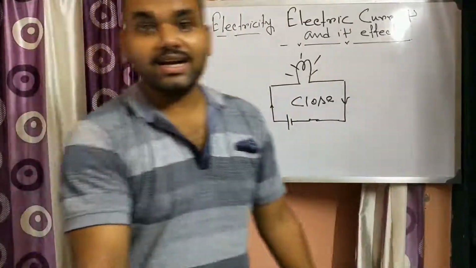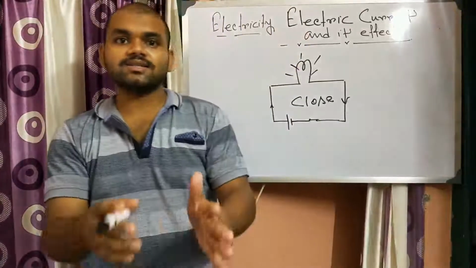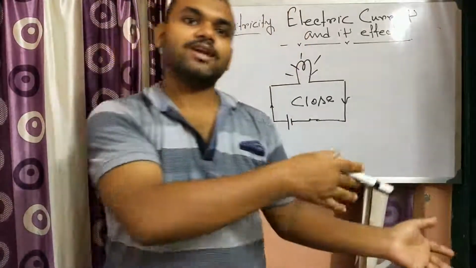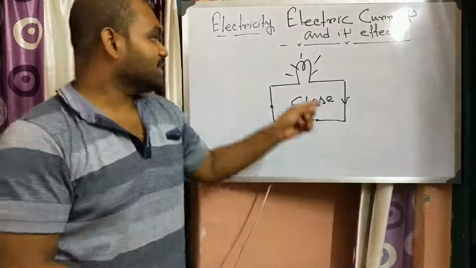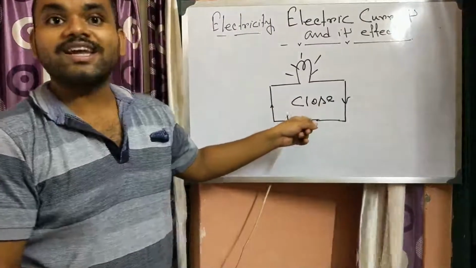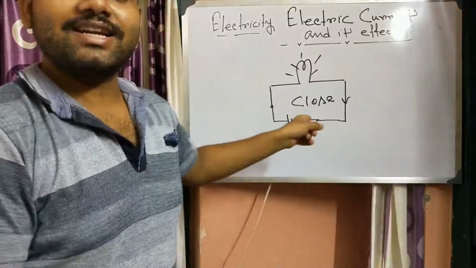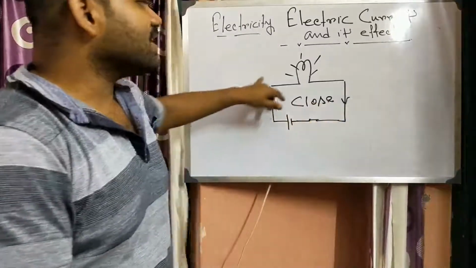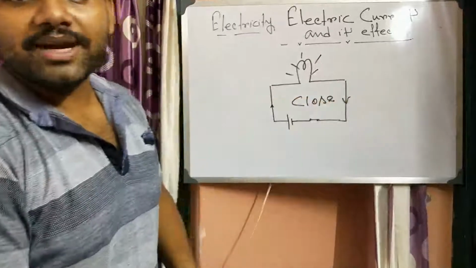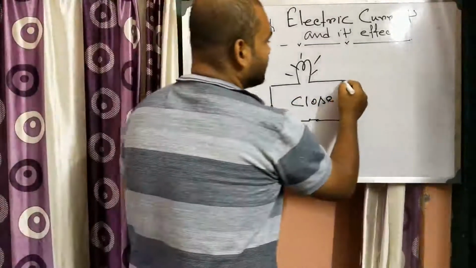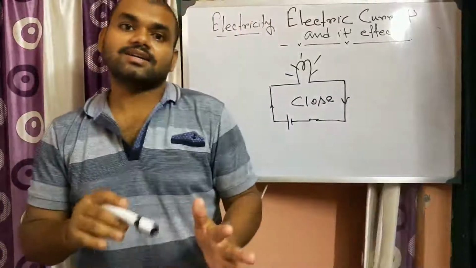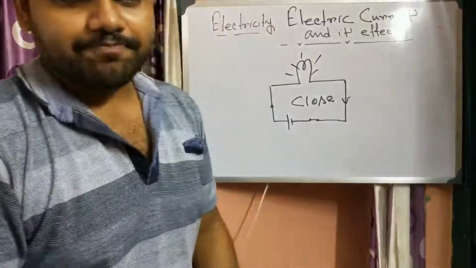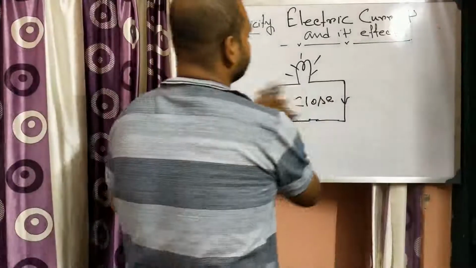So what are conductors now? Conductors are the substances through which electrons can flow, or through which current electricity can flow. They are known as the conductors of electricity. The wires are made up of metal, so they are conductors of electricity. These are very simple things.